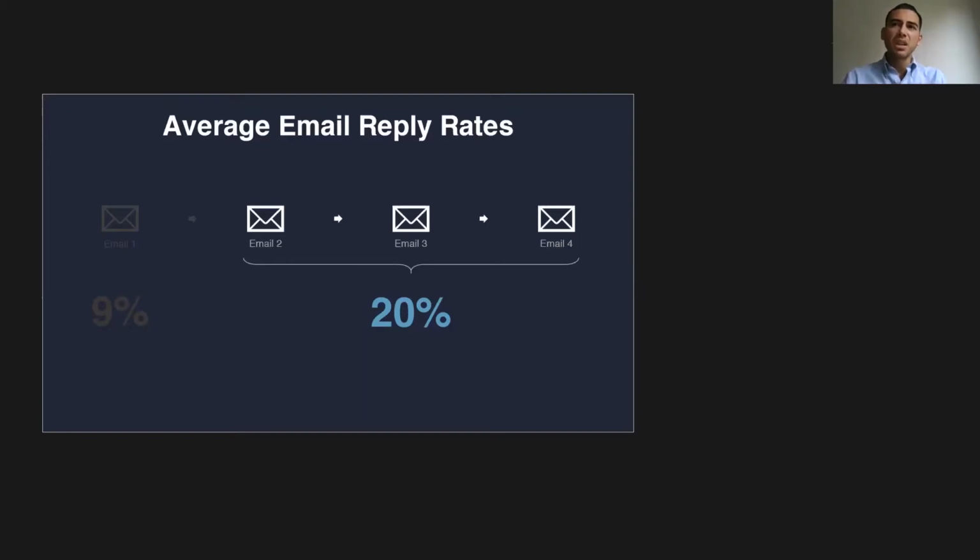There's a lot of sales engagement software now that you can use. We use a software called Reply.io that basically helps us automate the sending of these 4 emails. For example, email 1 might go out today. Email 2, if today's a Thursday, I might have go out next Monday or Tuesday. Email 3 might go out 5 days after that, and email 4 might go out 5 or 10